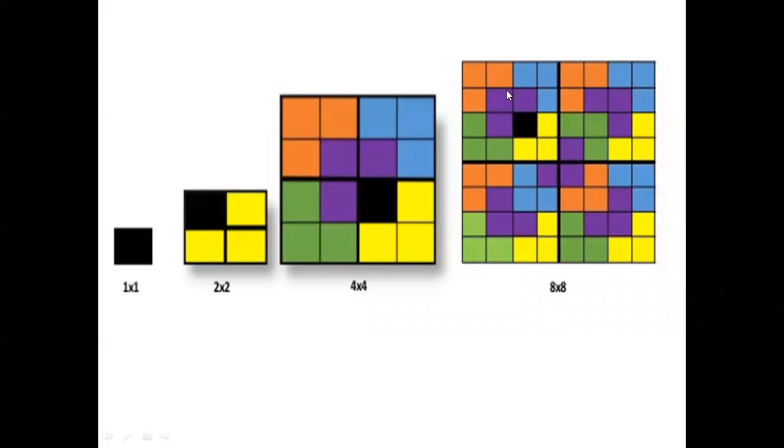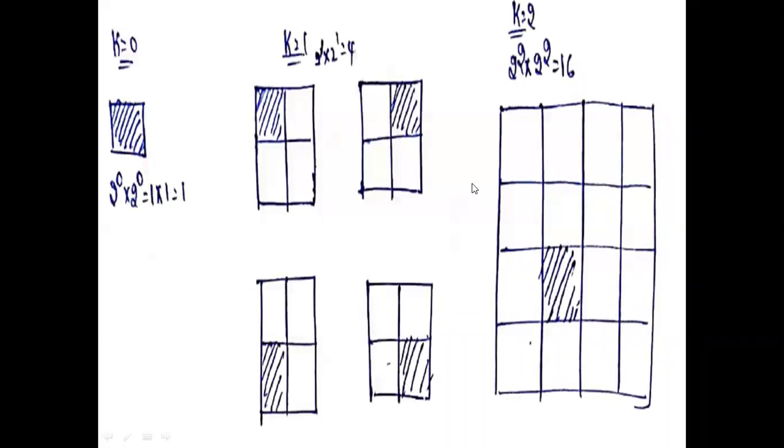Except the defective square. Suppose for example k equal to 0, it has only one square, so there is no need for trinomials. Suppose k equal to 1 and one square is defective: the remaining 3 are covered with one type of trinomial. Suppose the second square is defective, then another type of trinomial covers the 3 squares. Suppose the third square is defective, it must be covered with another type of trinomial. If the fourth square is defective, it must be the remaining type of trinomial.